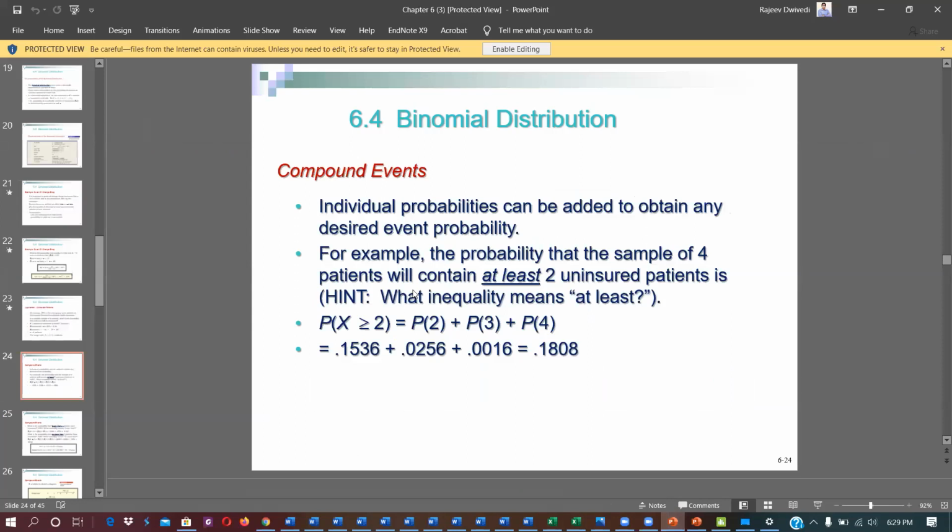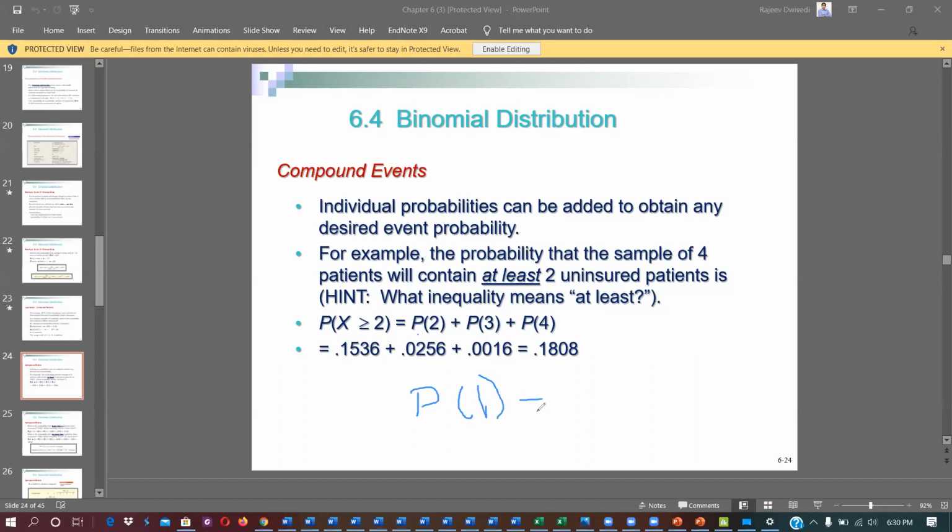Look into this. Here it is asking the probability of 2, 3, 4. What do I need to do in this case? I can get to know the probability up to 1, and then I can subtract from the total probability whatever value I get from here. So 1 minus the probability up to 1, and that will be my answer.